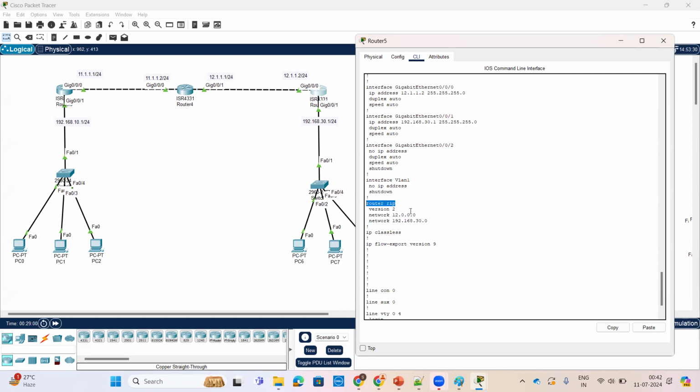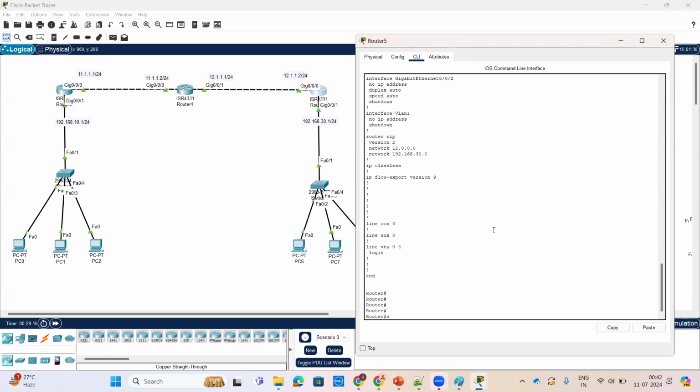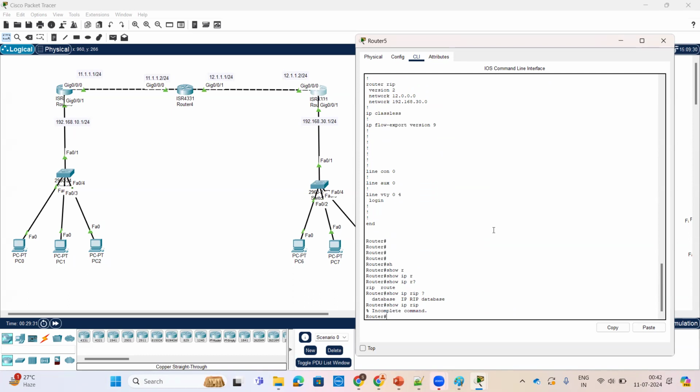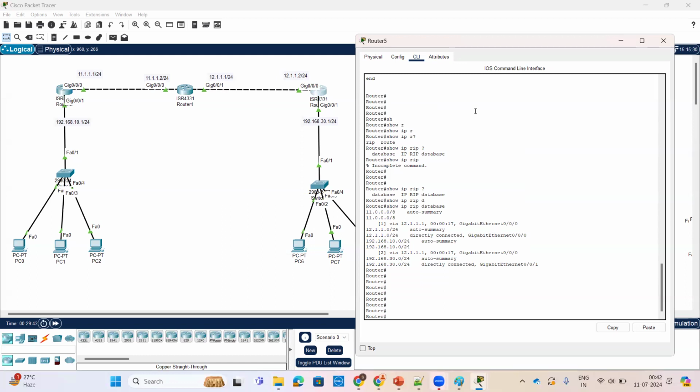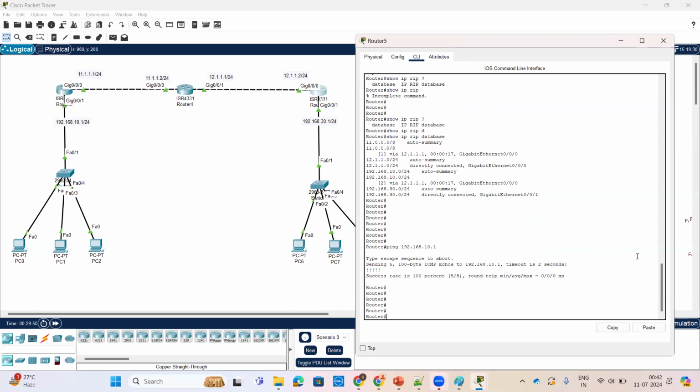I have configured router RIP version 2 and network commands. The neighborship is established